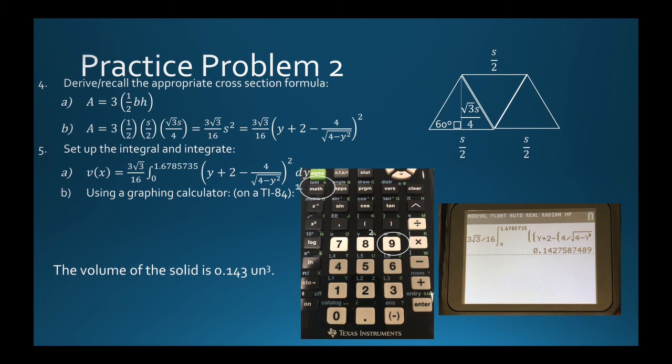So for the first practice problem, we have that the base of the